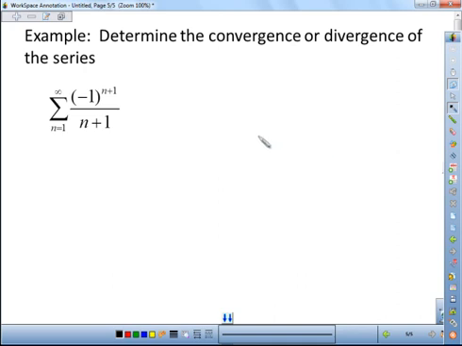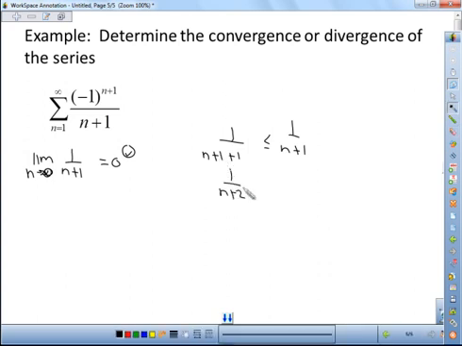So we have an alternating series. So we're going to need to check both my nth term. So notice that that's equal to 0. So now I need to make sure that the n plus 1 term is smaller than the nth term. So notice in this case it will, because the denominator here is always bigger by 1. So my nth term is always going to be bigger than my n plus 1 term. So this series converges by the alternating series test. Notice also